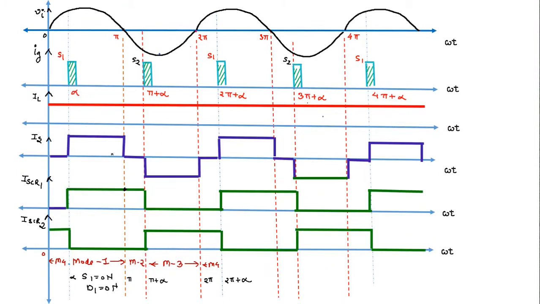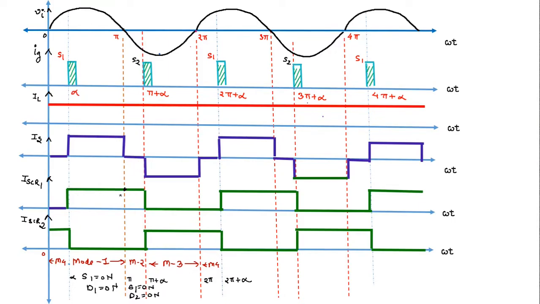Now we will come to the second mode of operation. Second mode of operation goes from omega t is equal to pi to omega t is equal to pi plus alpha. This mode is due to the stored energy in the inductor or due to the self-induced EMF across the inductor. So due to the self-induced EMF across the inductor, S1 continues to conduct, means in this stage S1 is on and D1 goes into the off condition and D2 is on. So in this mode 2 operation, S1 is on and D2 is on. So here the source current will be equal to 0 because the mains is disconnected from the circuit of load. So the source current will be equal to 0.